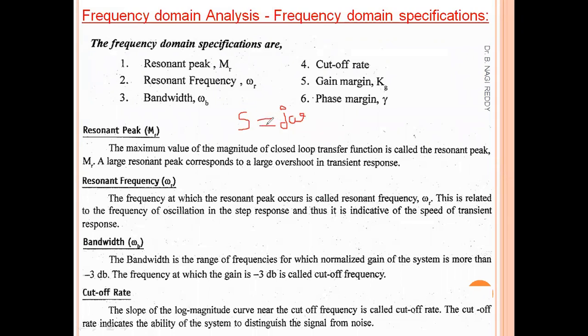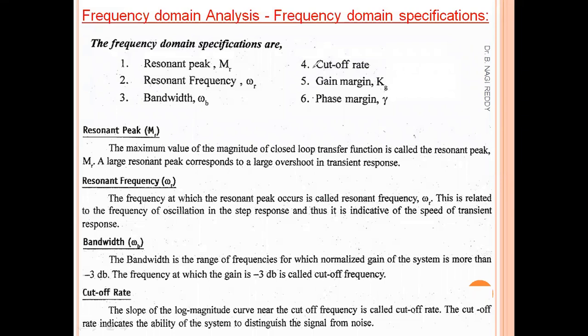And you know the relation between time and frequency, right? So the resonant frequency is represented with omega R, and the third term is bandwidth. So bandwidth, you know what is bandwidth? It is the band of frequencies. It determines the range of frequencies. Of course, frequency here is determined by omega. That's why bandwidth is also represented with omega suffix B. B determines bandwidth. Here omega suffix R, R represents resonance or resonant frequency.